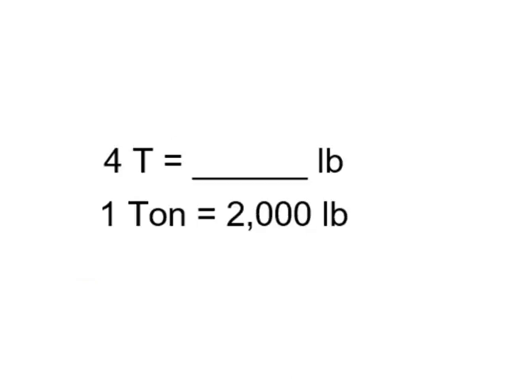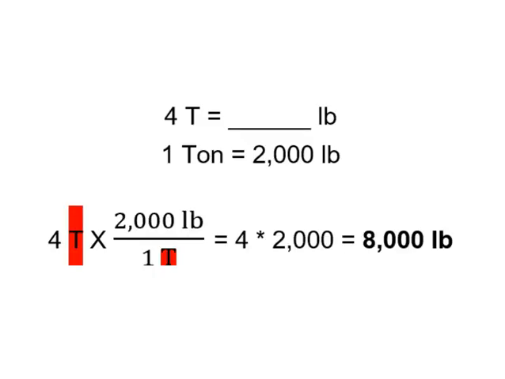4 tons is equal to how many pounds? For our conversion, 1 ton is equal to 2,000 pounds. So how would we set this problem up in order to find out how many pounds 4 tons is equal to? What would be in our numerator? What would we have in our denominator? If you said 1 ton would be in our denominator and 2,000 pounds will be in our numerator, you are